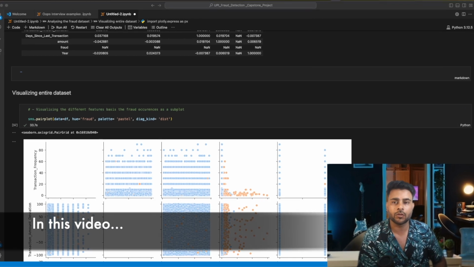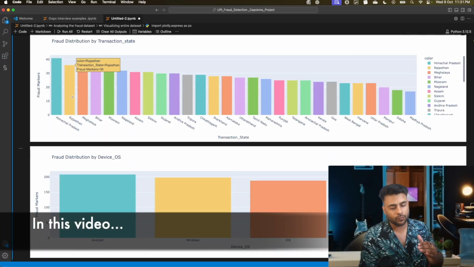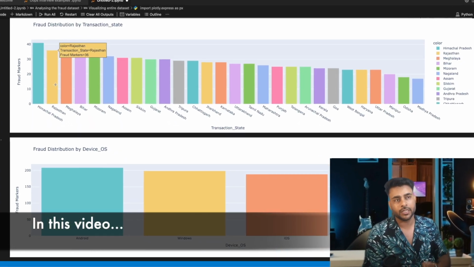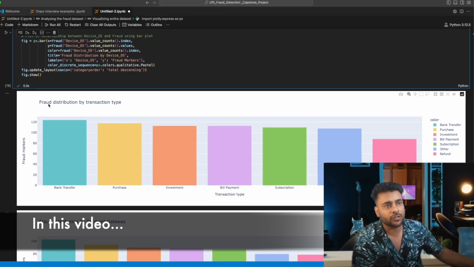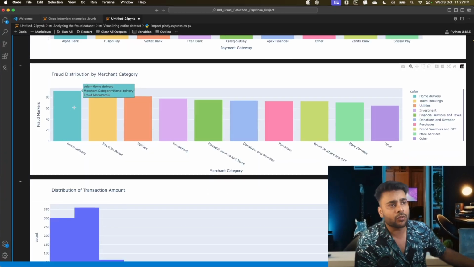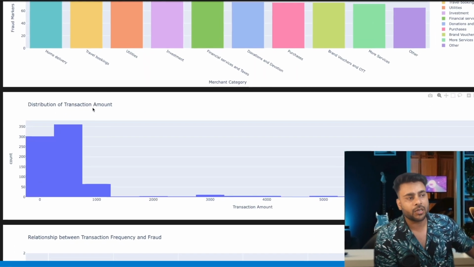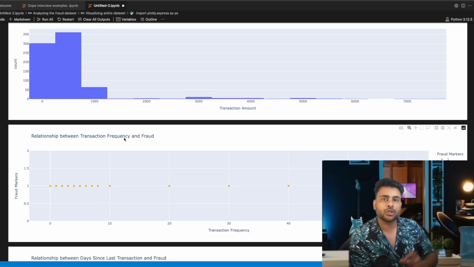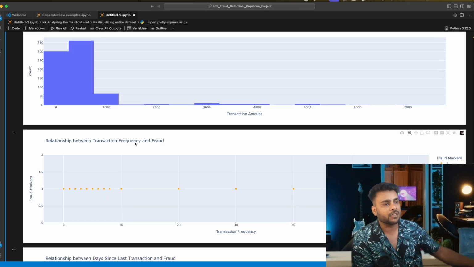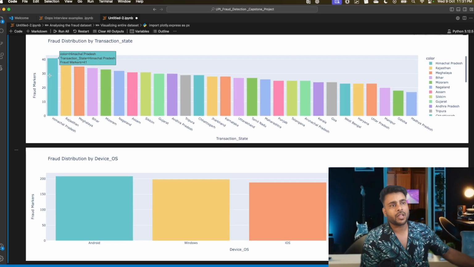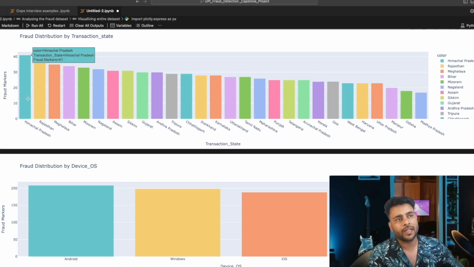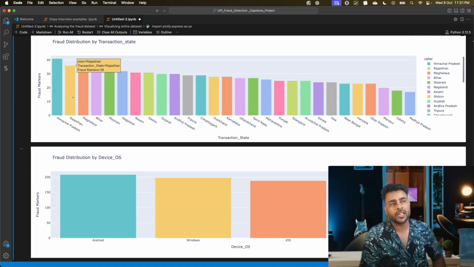Looks like. So now we will talk about data analysis primarily. For example, fraudsters usually target, the first one we have is a bar graph, which is fraud distribution by transaction type. So we can see that the fraud markers is 92. Distribution of transaction amount. Scatter plot basically shows, so this is how it looks. In this graph, we can basically see, I can pick up the top 3 states or top 5 states, and in certain states, what can happen is,